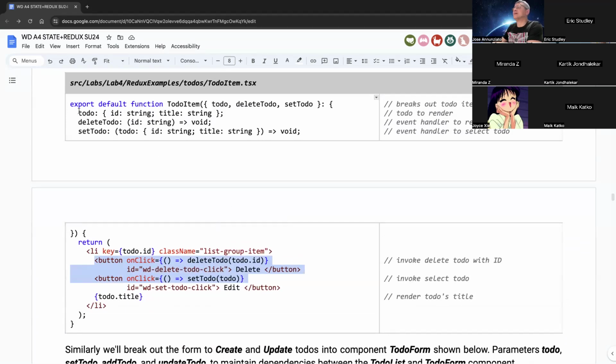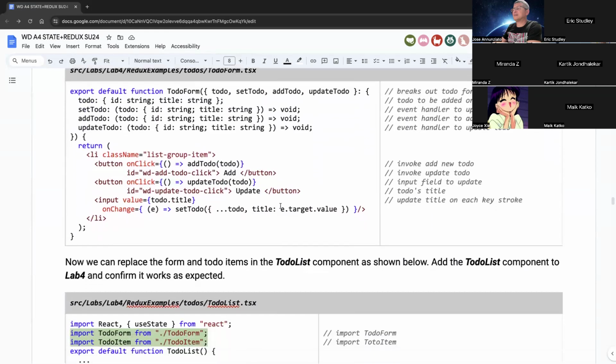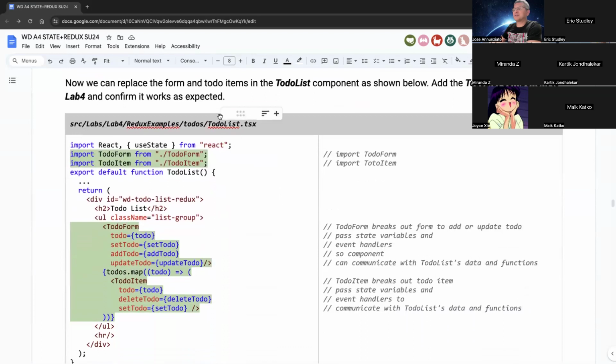So we're being passed here the functions, the data that would allow us to delete the to-do or manipulate the to-do. And then we broke up the to-do list into the to-do form and to-do item. As we iterate, we render each to-do item, and then we pass in all of the event handlers so that it can handle deleting the to-do, or